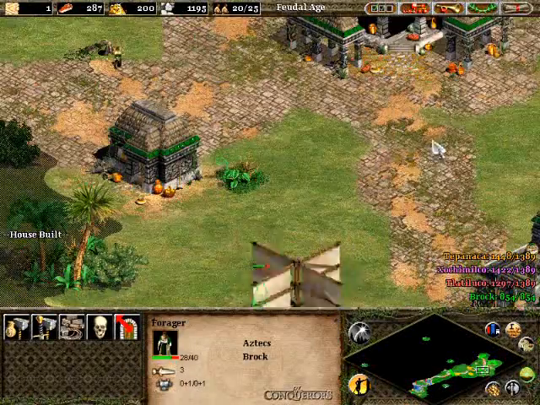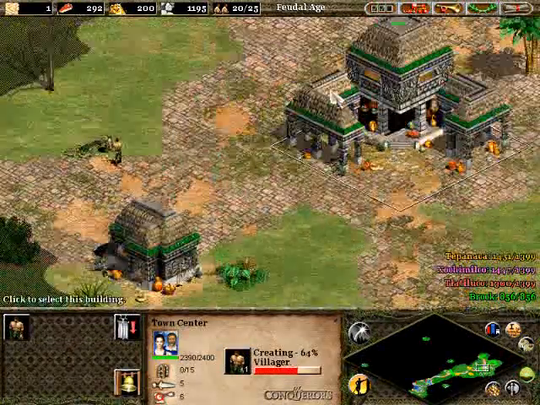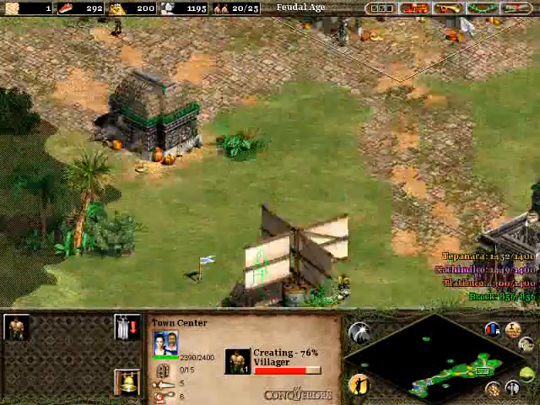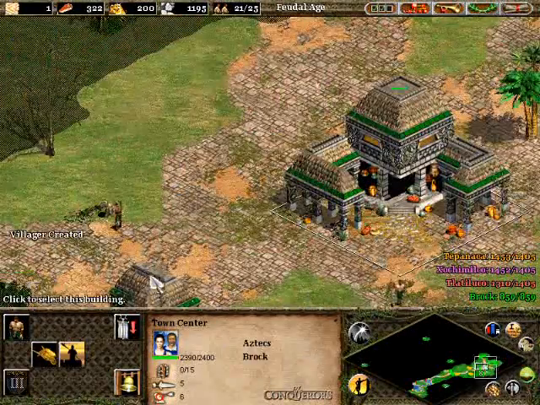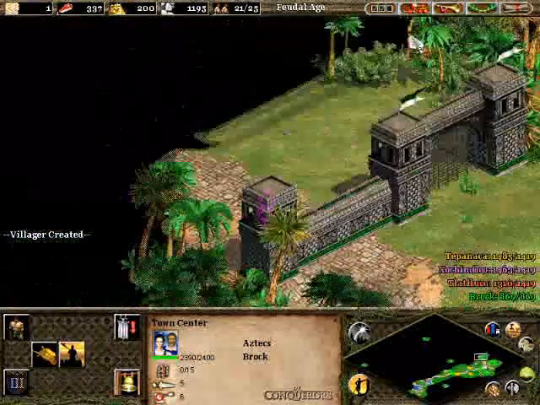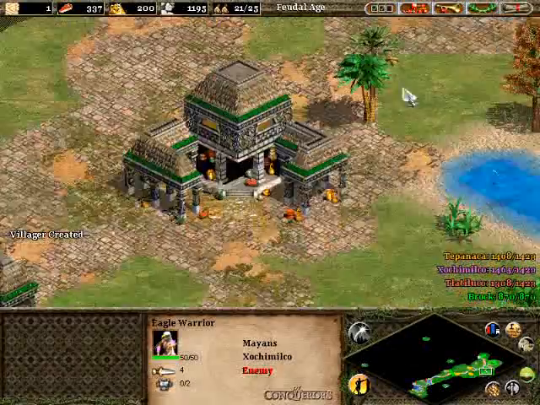Excuse me, a town center and castles. So it's most important that you get to the castle age right now. And because we're going to have to wait till we get 1,300 stone, because we want to be able to get two castles up. So once we get to that, we're going to send all these miners over here